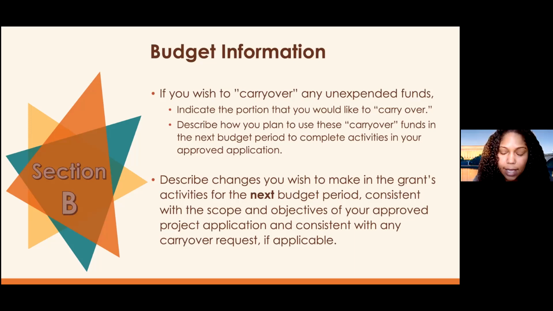Make sure it's consistent with the scope. If your scope is to only increase reading, we're not going to just say we're going to do art classes because we have extra money. No, we're going to find more reading materials and more reading programs that we can offer. So please make sure it's not just that the community really needs this but it has nothing to do with your project. It's not going to be allowable. Everything that you want to revise the funds to, make sure it goes back to what was included in that original application.